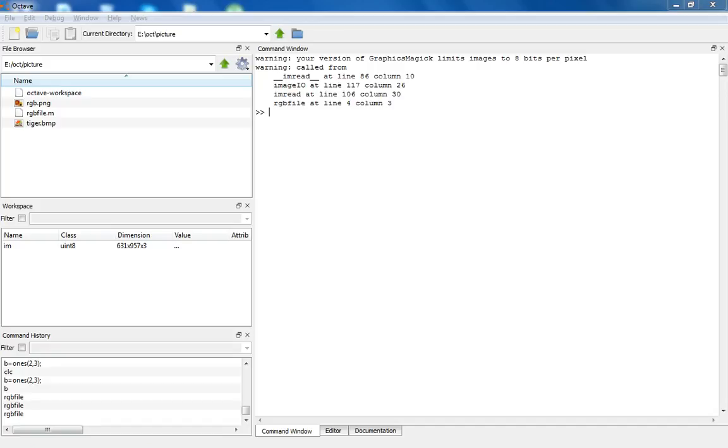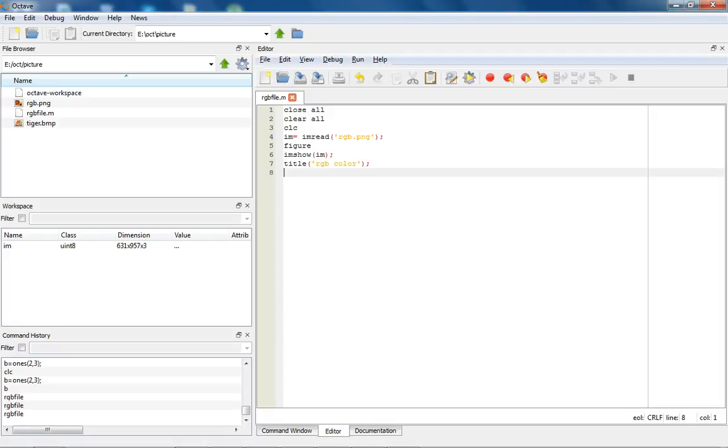All this time we have seen the command window. Now we are going to see the editor window. The editor window is a space where you can write more than one command and run all the commands together at a time. So now I have written a code. Close all refers to the command that closes all the previous windows that were present. Clear all refers to removing all the variables I have written all this time. CLC also refers to clearing the window space to write more code.